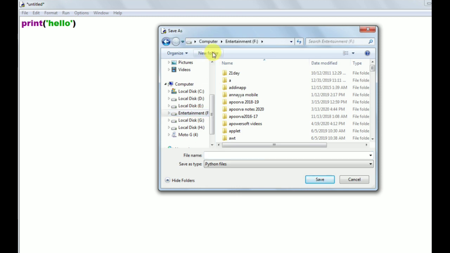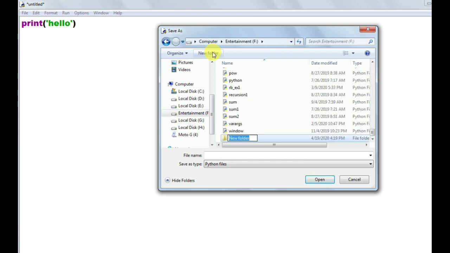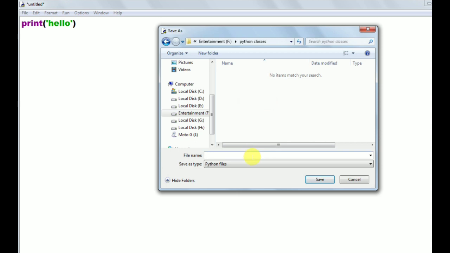I am creating a new folder here, and I am giving the new folder name as Python classes. Open this folder.